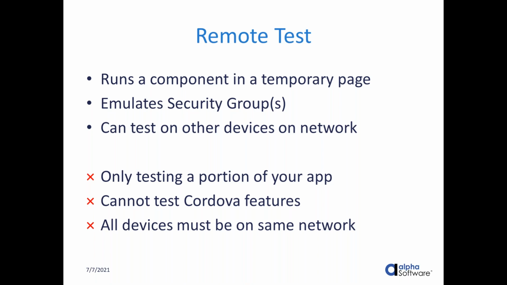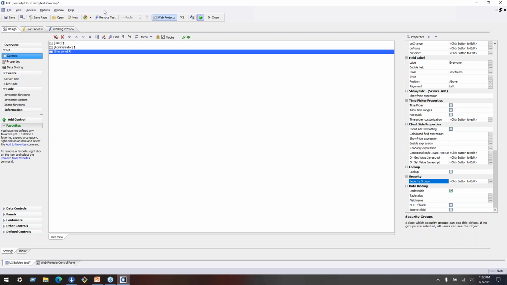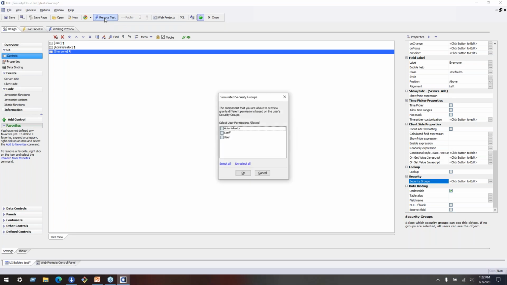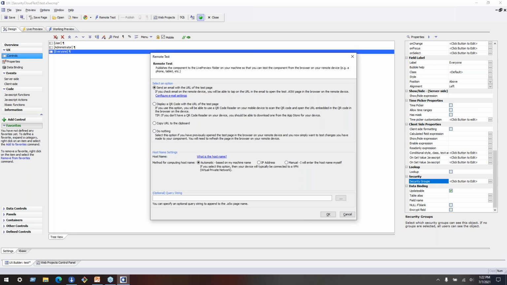run a remote test on a mobile device or another computer that is on the same network as your development machine. So the way a remote test works, and we'll escape this and go back into Alpha Anywhere, is you click this remote test button up here. What this does is bring up a dialog. If you have security, it's going to ask what security groups you want to simulate in this remote test, and then it's going to ask how you want to generate